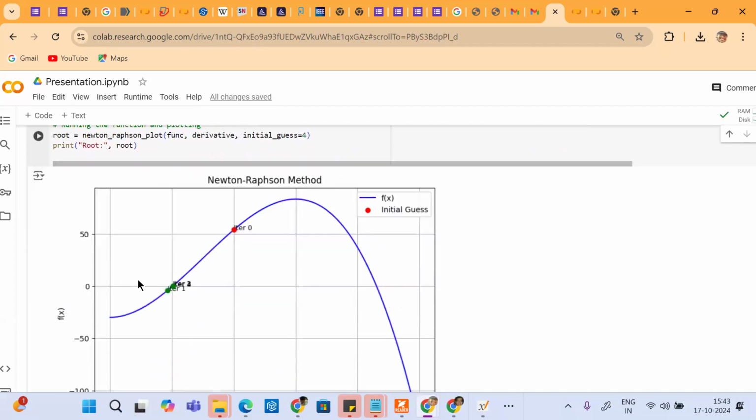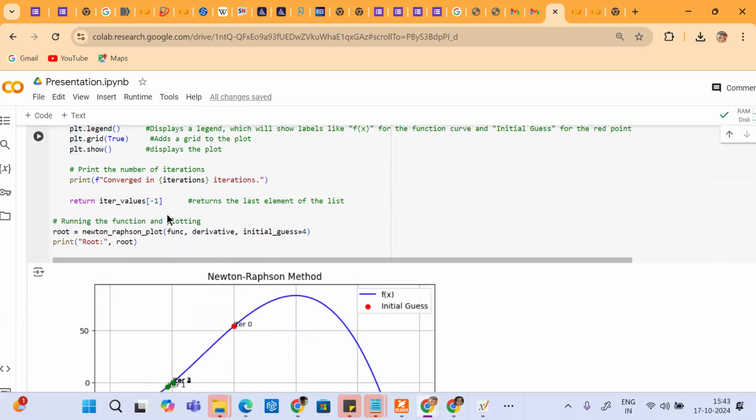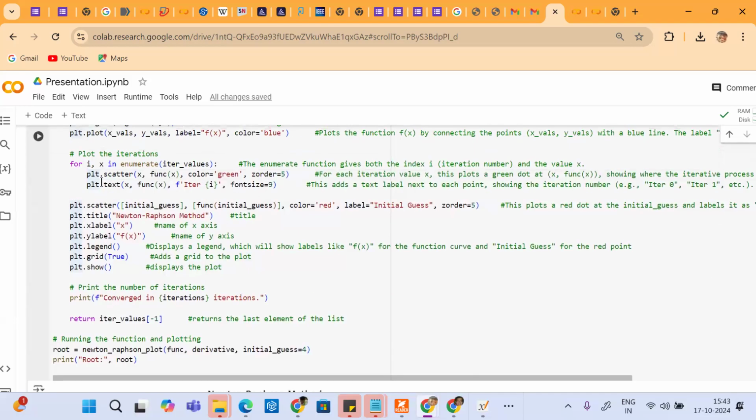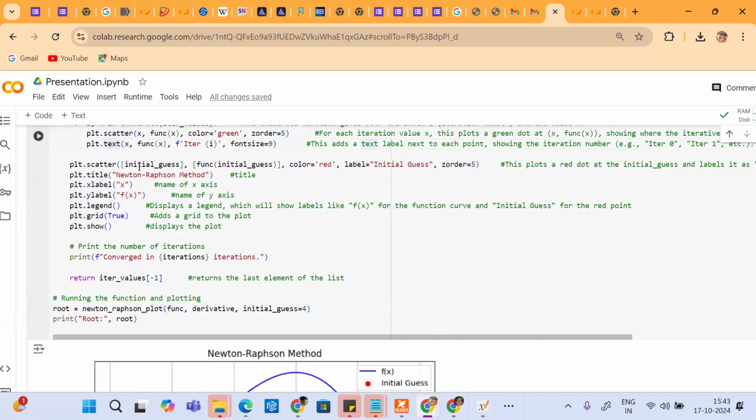middle values, actually, the x values, which means the first iteration, the initial guess is 4, and after the first iteration, it will become something over here, and those values will be calculated here, and that is given by this command. And next we have given the font size and all, and towards the end,